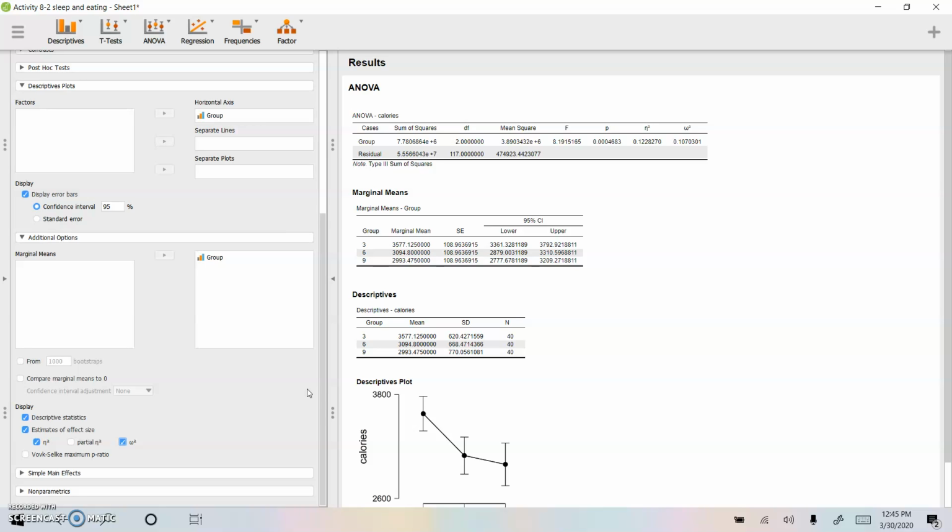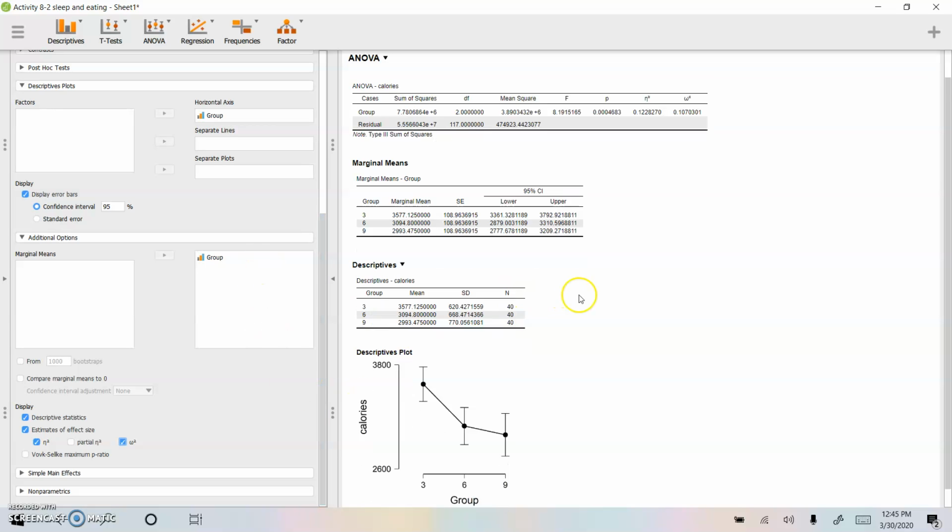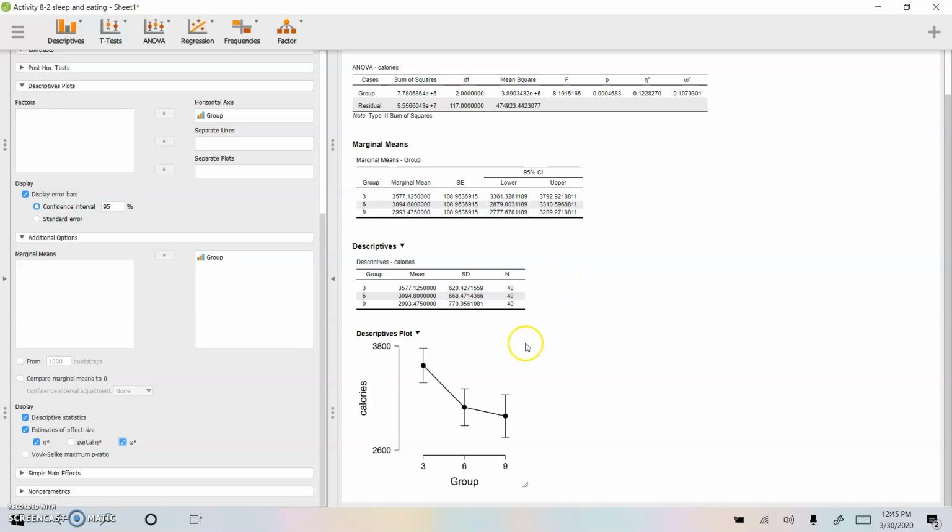Right? What we're really interested in are those post hoc tests usually. So in this case, what we really want to know is, are any of those groups better or worse than others in terms of their caloric intake, or higher or lower? Okay. So in this case, we have 3 groups. We got 3 hours of sleep, 6 hours of sleep, and 9 hours of sleep. And we want to make all possible pairwise comparisons. Right? So I want to compare group 3 to group 6, group 3 to group 9, and group 6 to